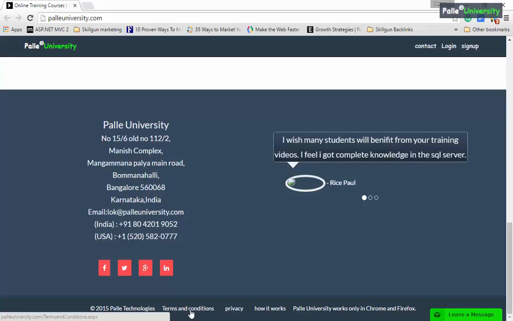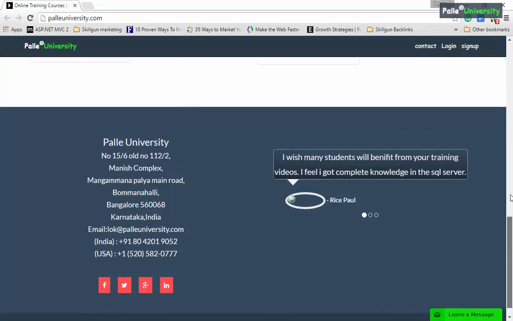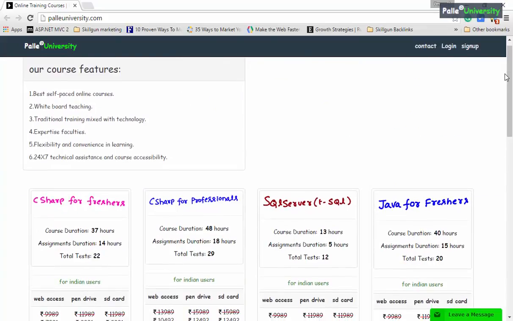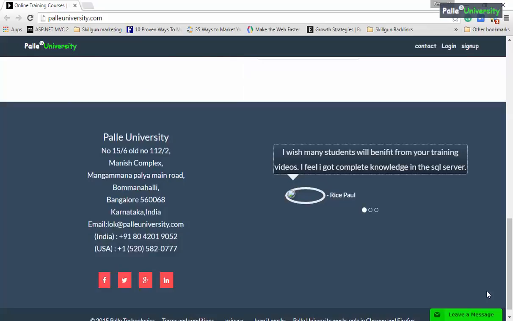Apart from all these things, in many websites you will observe images something like this. In fact, this is an image, and even here also you can observe some images. Now let us try to understand what an image is and how to create an image.